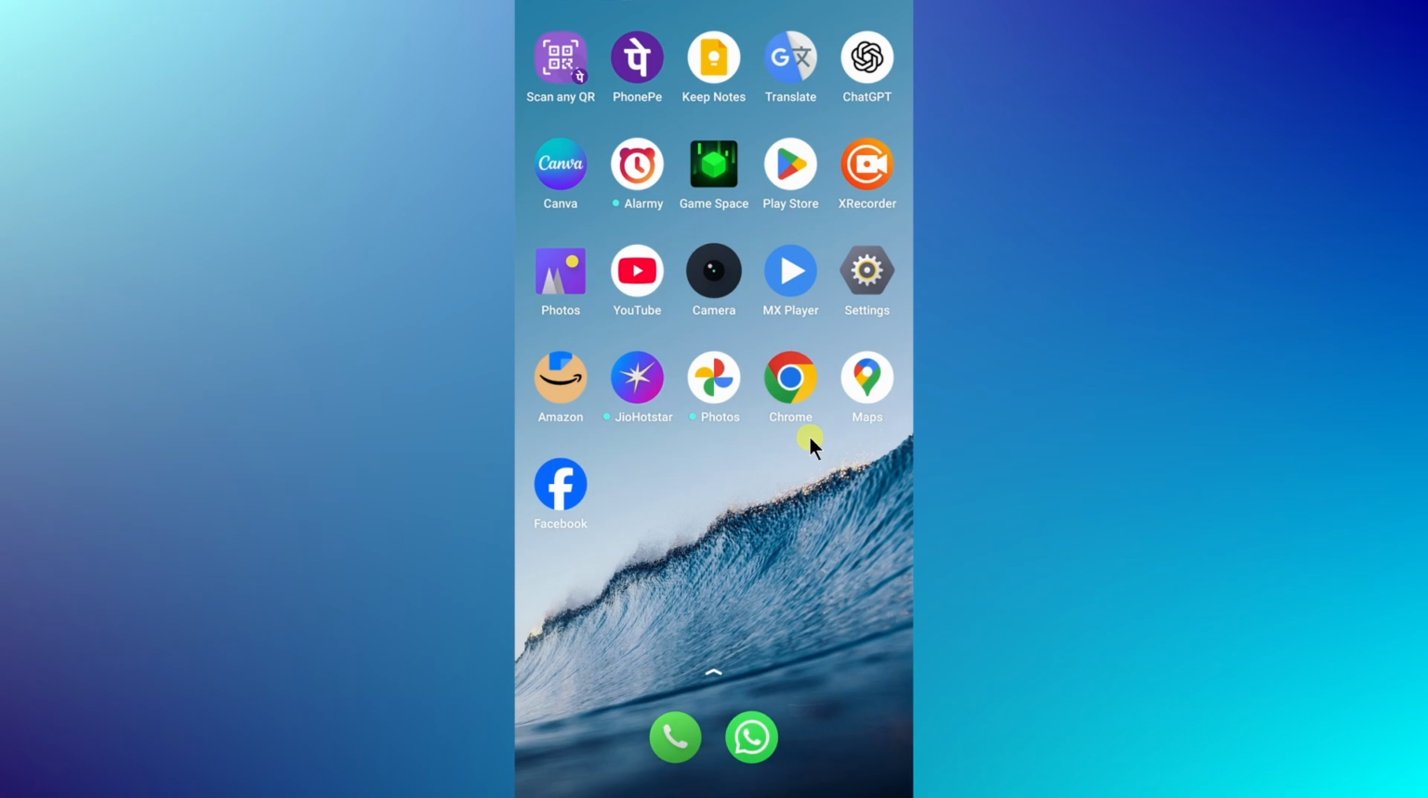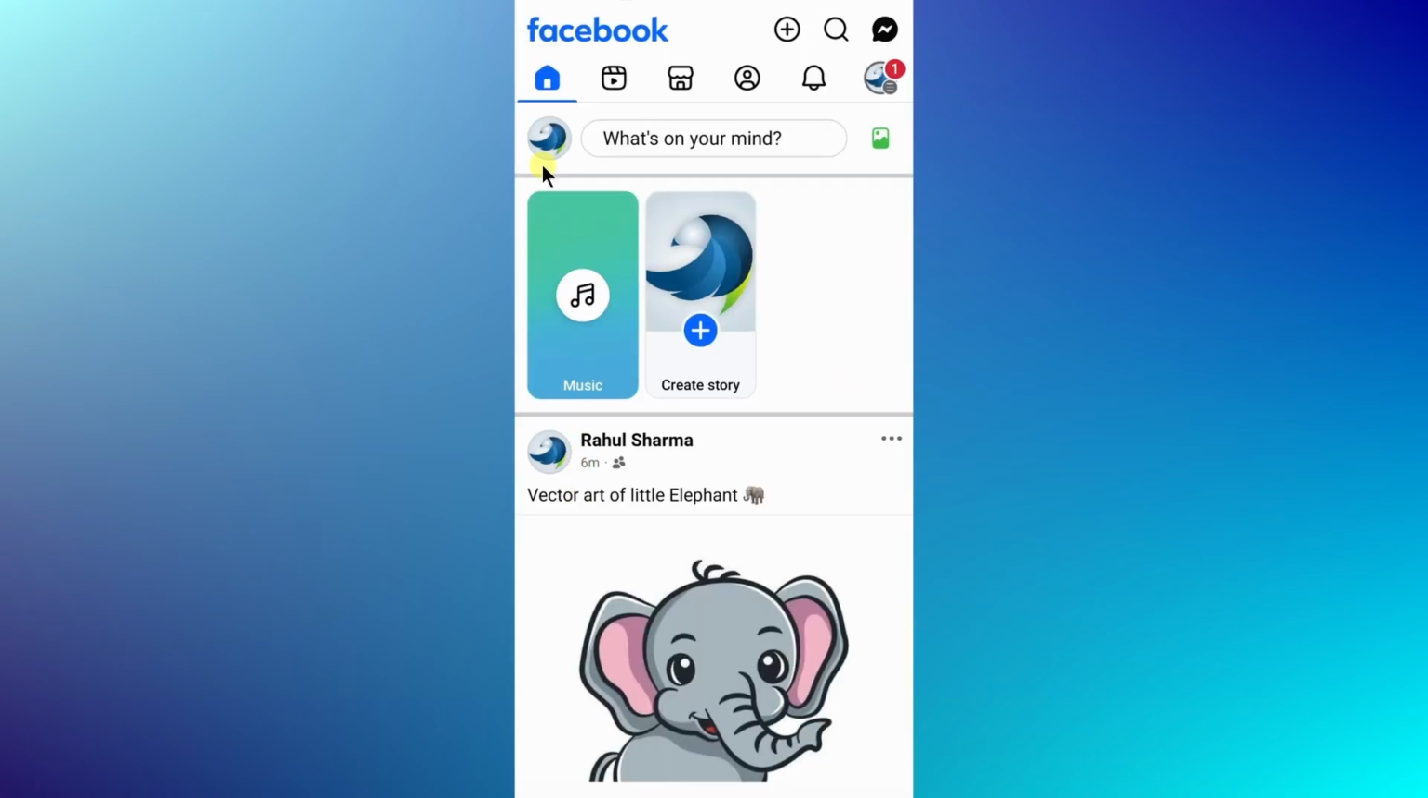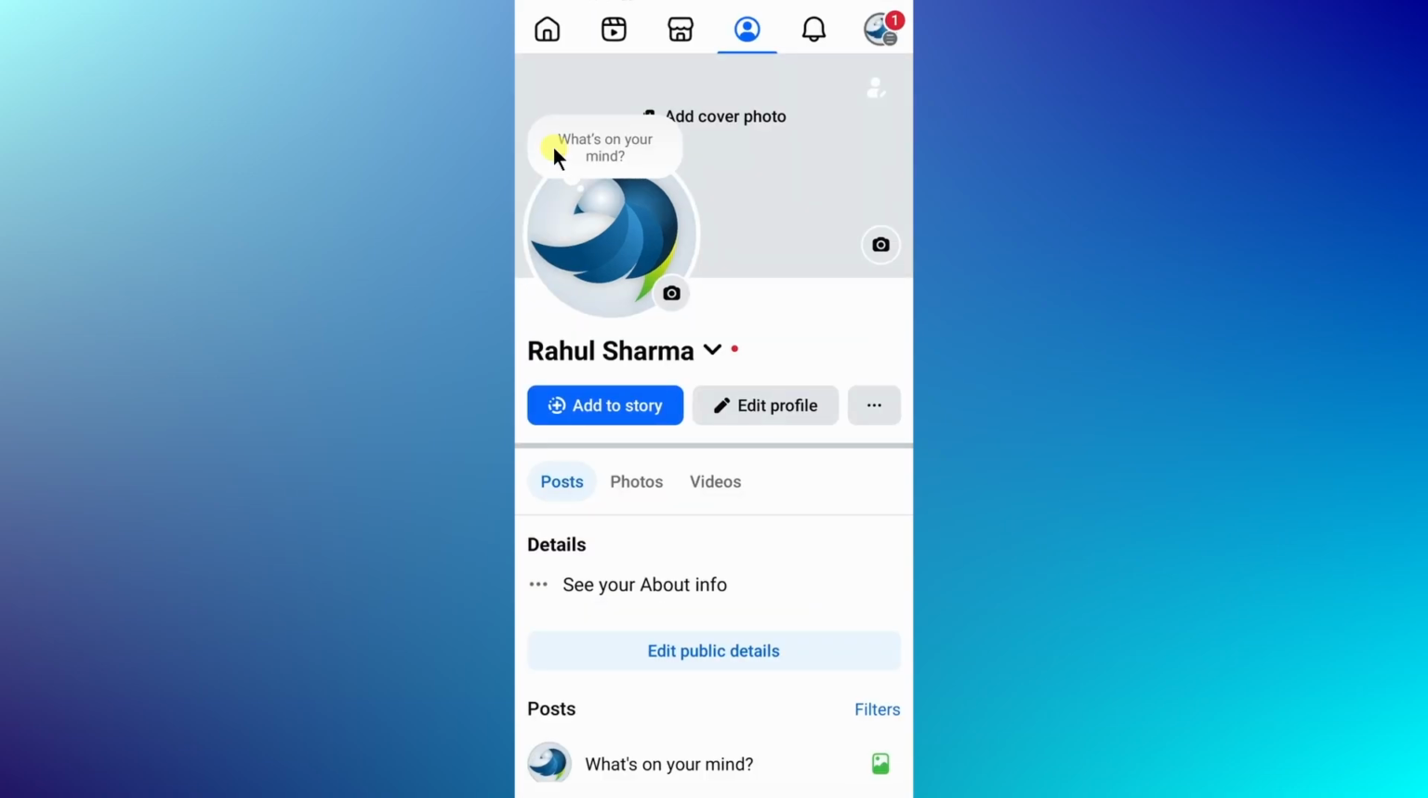So firstly you need to open the Facebook app on your mobile. Then just right here you need to click on your profile picture. Your profile picture would be here or sometimes it would be at the bottom. So basically you just need to click on your profile picture. Once you click on your profile picture you will be able to see your profile, and here you need to click